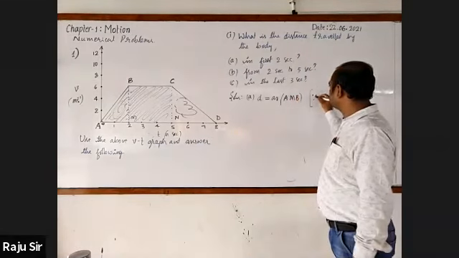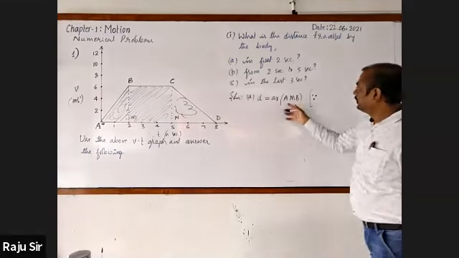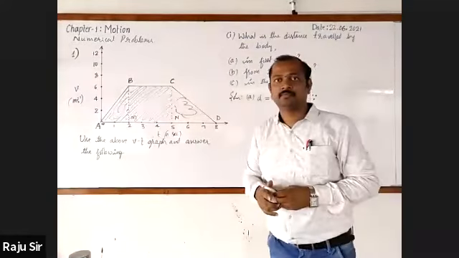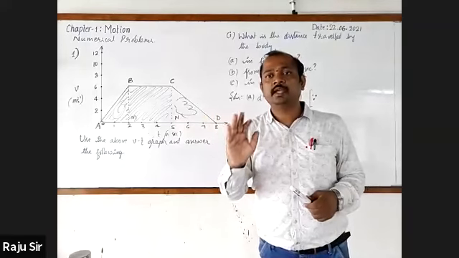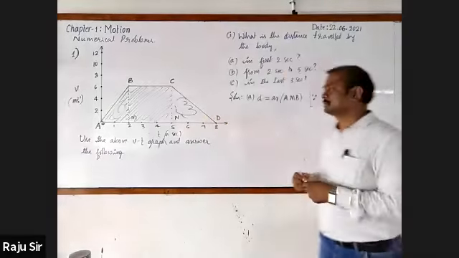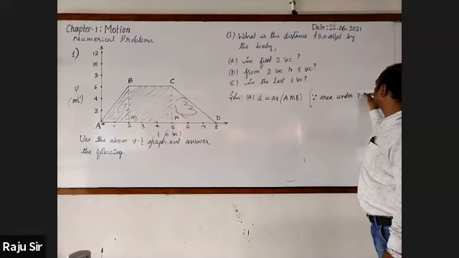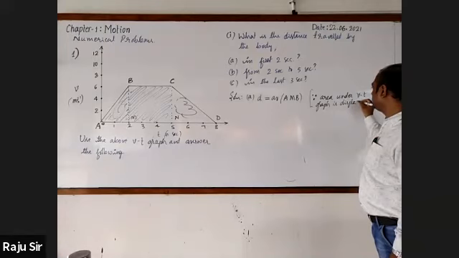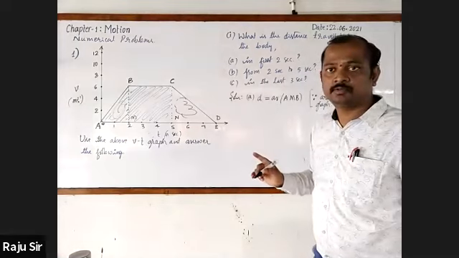And they may ask you the reason. On what basis have you written the area of AMB as distance? The VT graph of uniform acceleration, area under the graph is distance. You may write only that much: area under VT graph is displacement or distance. Because area under VT graph is displacement. The reason is a must. Without the reason, it will not be considered for full marks.